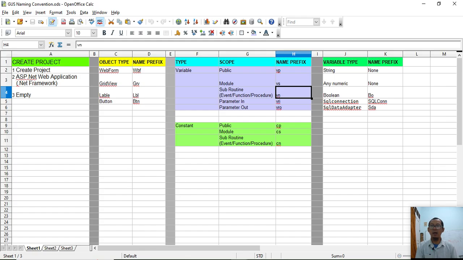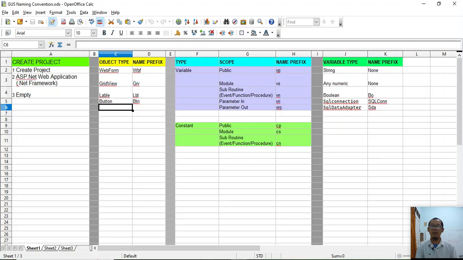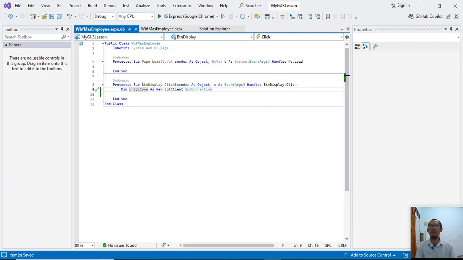Okay, now I will create a SQL connection. If the variable type is SQL connection, then the name prefix is vn SQL con. So I name it vn SQL con. Okay.